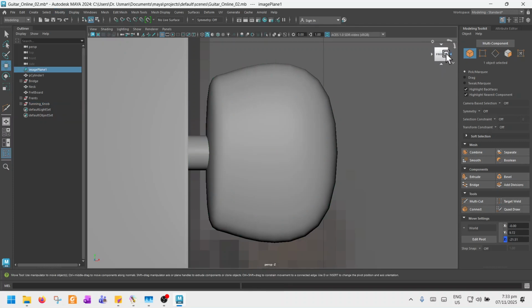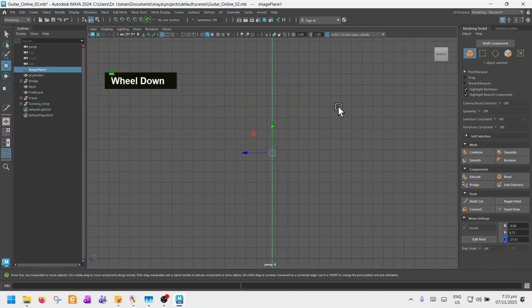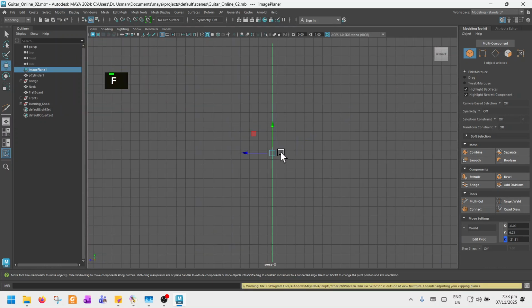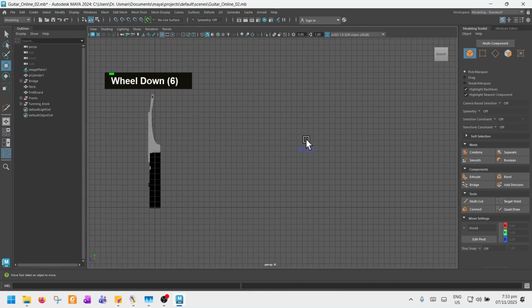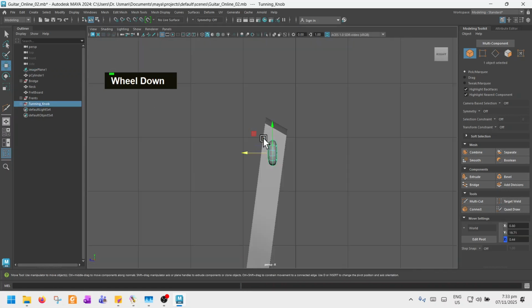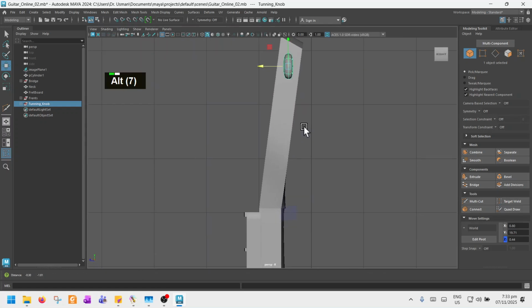And now we will select this one and press OK. Now we will try to duplicate it. Press Shift D